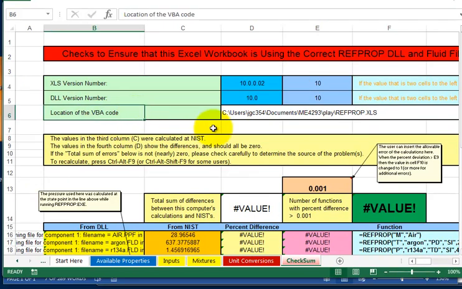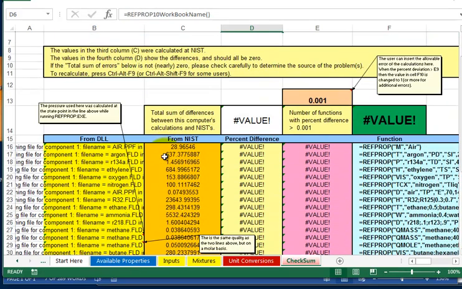It tells me the location of my code right here, and this is what I don't like. There should be some numeric values compared with the hardwired values, and then a comparison of the difference, and those should be close. So I have to take a look here. It just says refprop M, tell me the molar mass for air. That's a call in refprop. And the error that it's coming back with